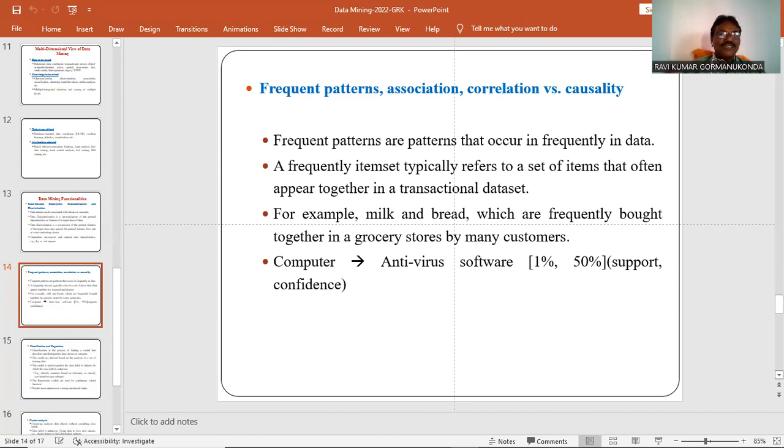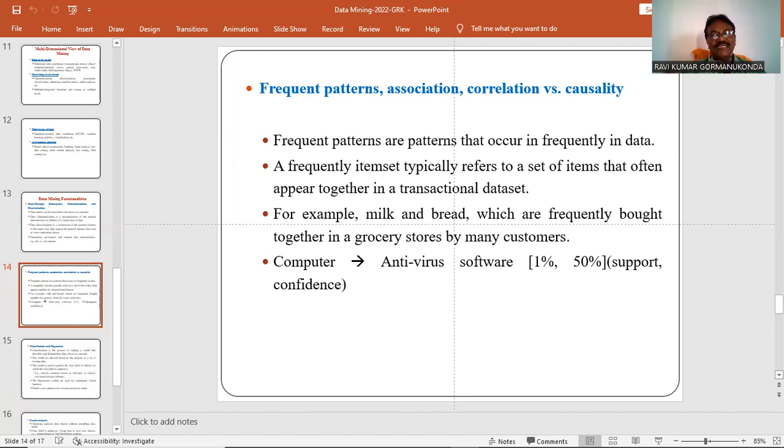What items most customers purchase together is called a frequent pattern or association rule. This is very important for finding associations between items. Association rule is one of the patterns you will find from what we call market basket analysis.